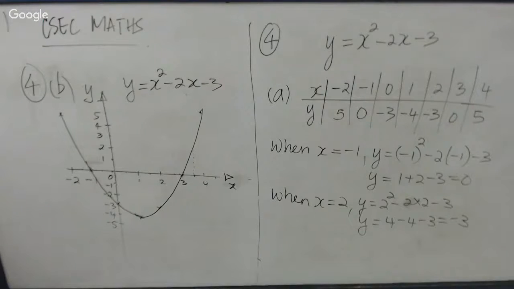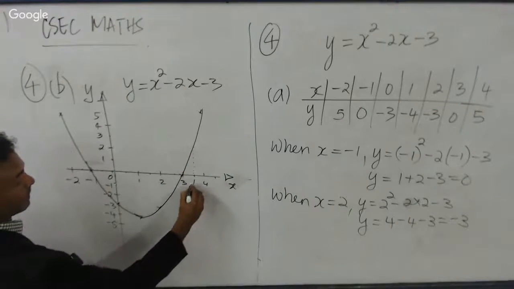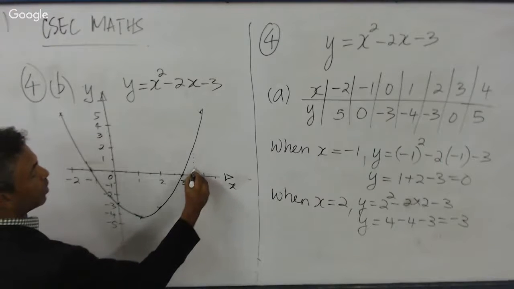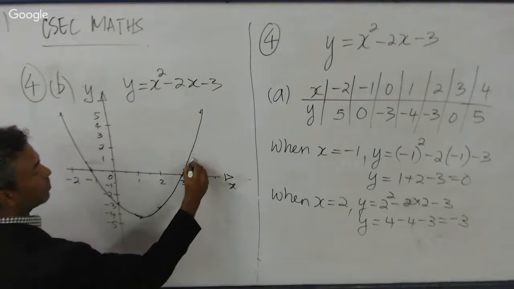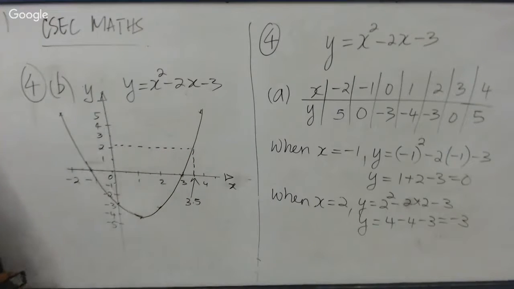Okay. So it's y equals x squared minus 2x minus 3. You're looking for 3.5 here, right? Then you're using a line. A broken line is what you normally use with a ruler. And then you're carrying it across. And you should be getting something like